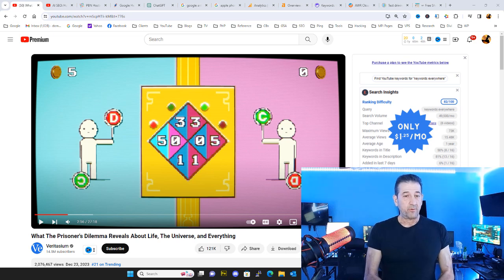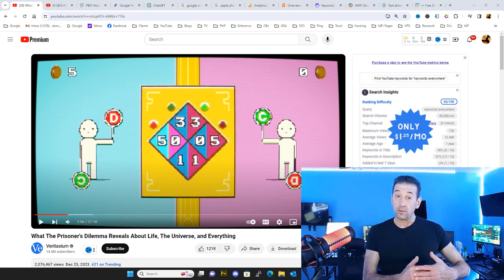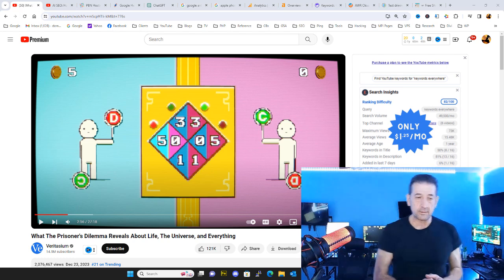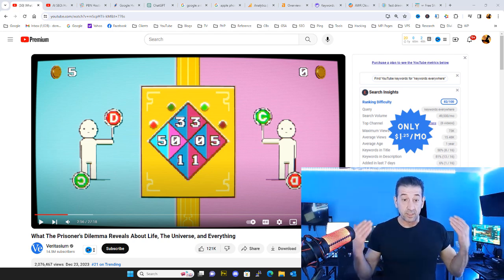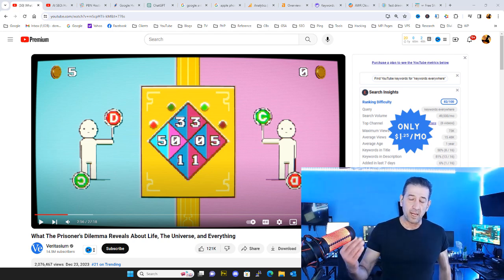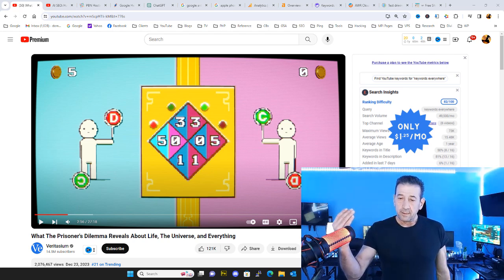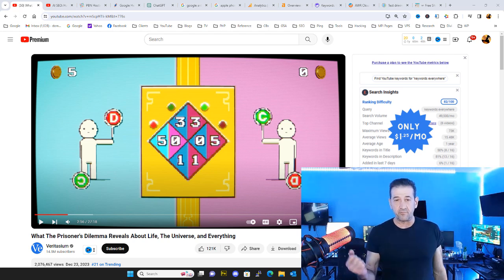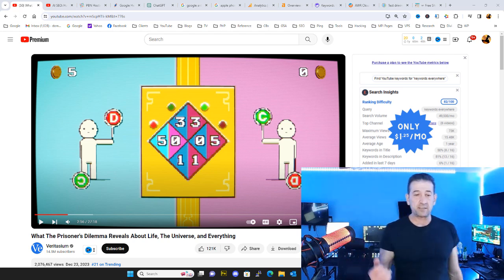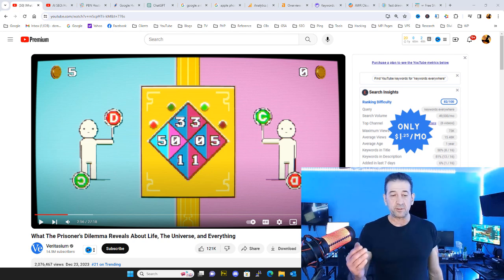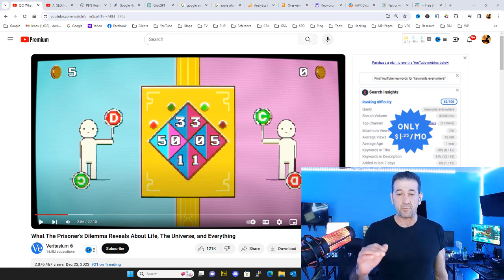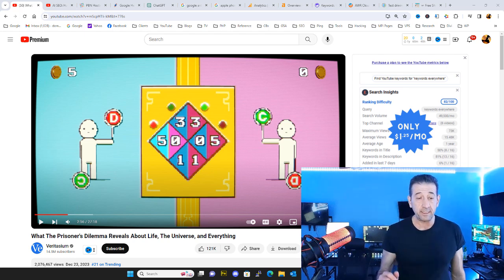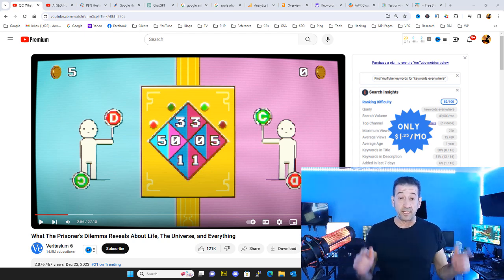Now, before we move on, we've talked about the poker casino concept, but I always encourage that you think outside the box, that you apply these sort of, not metaphysical, but there's a physics involved, or mathematics, and in this case, this is gaming. The prisoner's dilemma will tell us about life, the universe, and everything, right? Now, what is the prisoner's dilemma? I'll leave a link to this video down below.